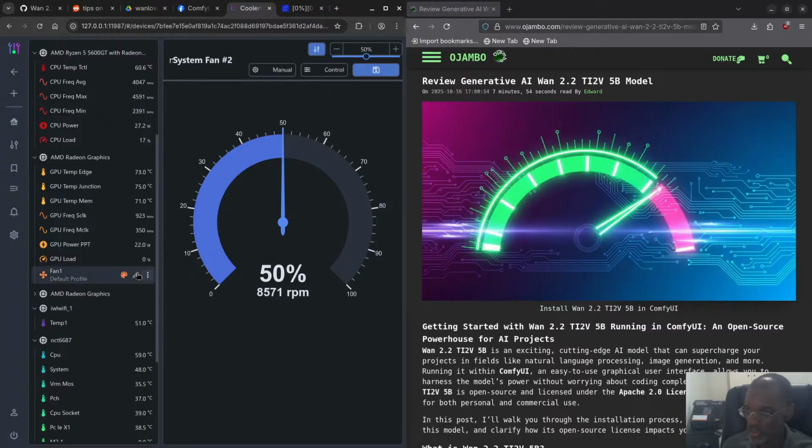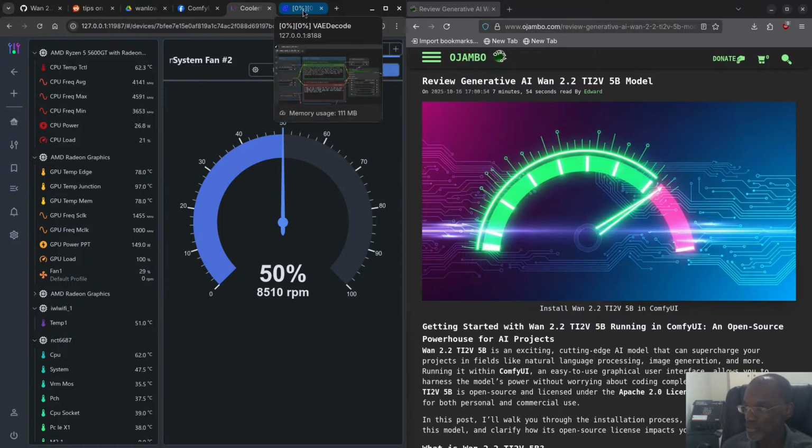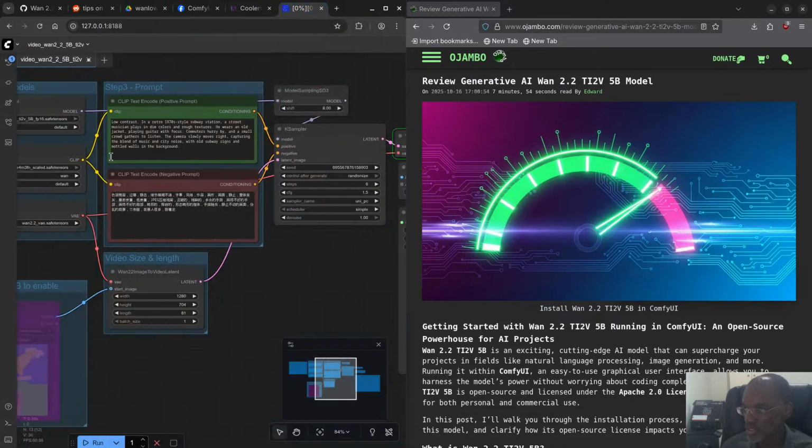The audio will be something else. So you see the temperature is going down here. You see now it's 76. So that tells me that it has finished. So if we go here, you see it says 0. So it has finished. Now one of the things I noticed is when it finishes here,